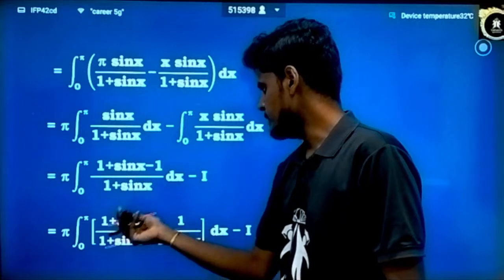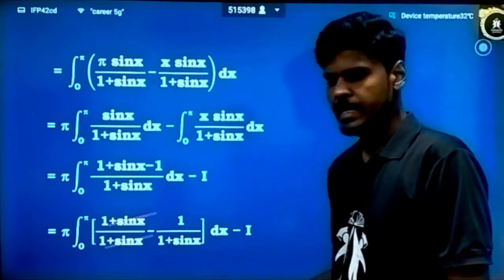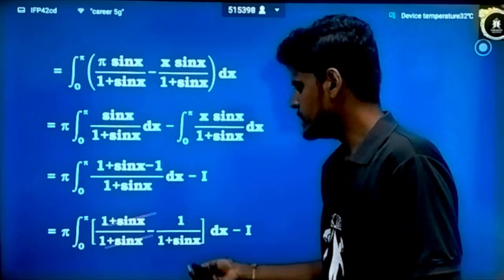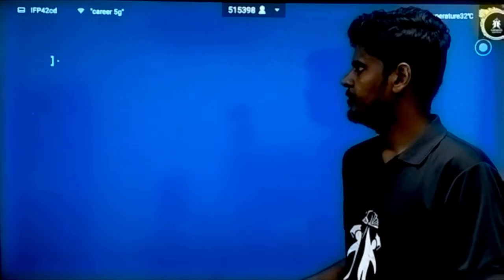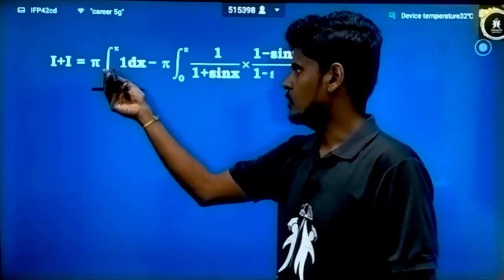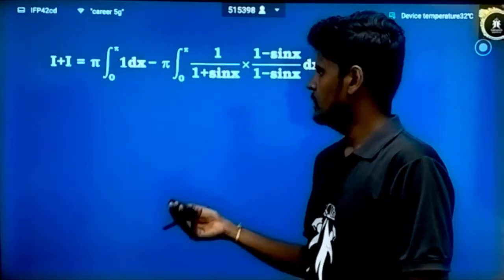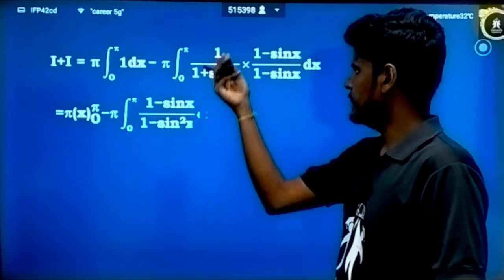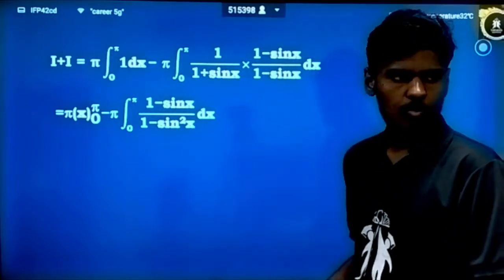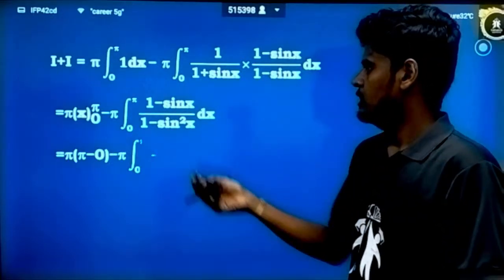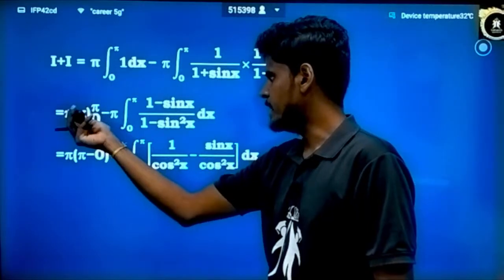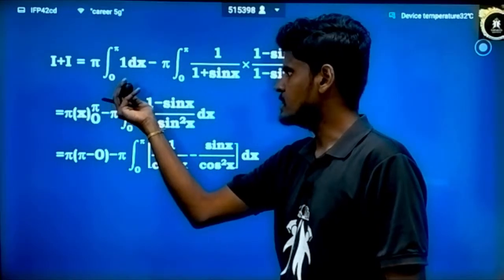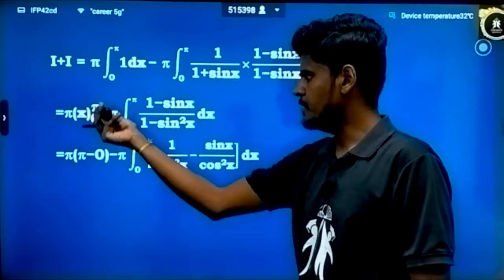So the first term becomes cancelled out, that is integral dx. The second term is 1 by 1 plus sin x. So 2I is equal to pi into x minus, again the second integral we multiply and divide by 1 minus sin x. So the first integral becomes pi into, after integration this is x, apply the limit, again we will get pi,